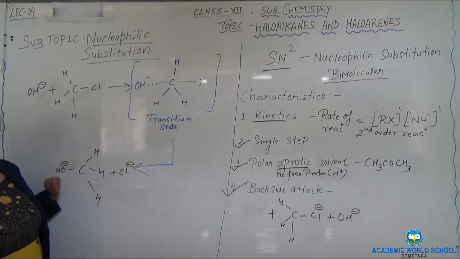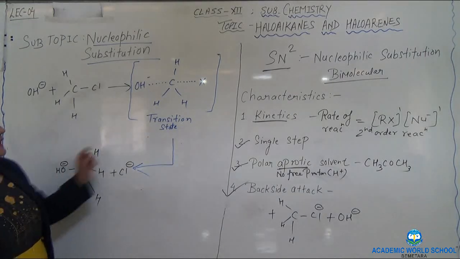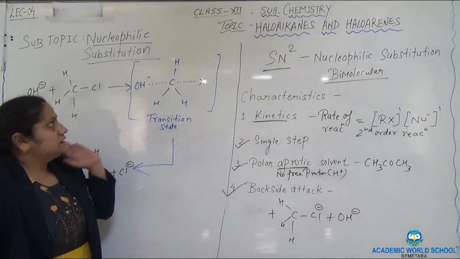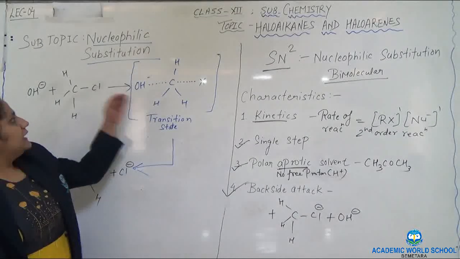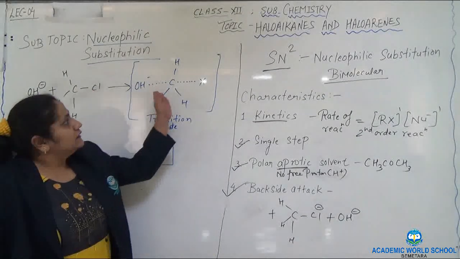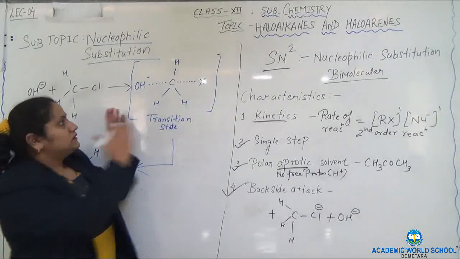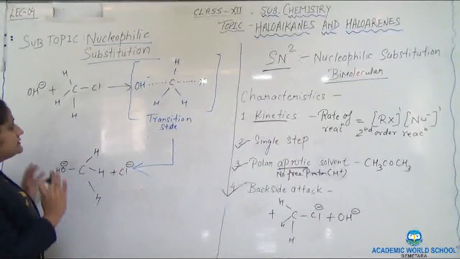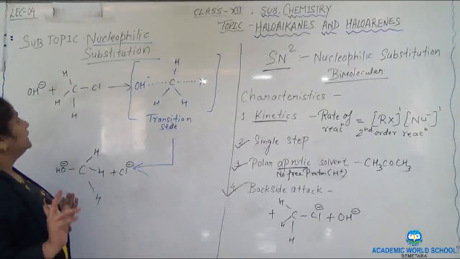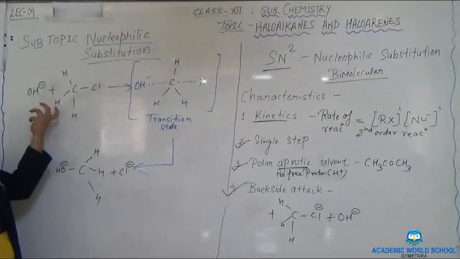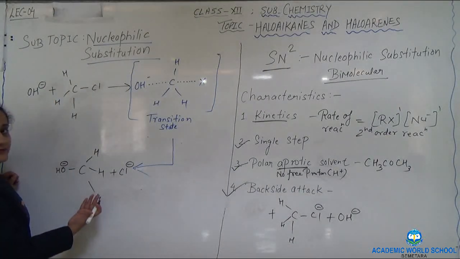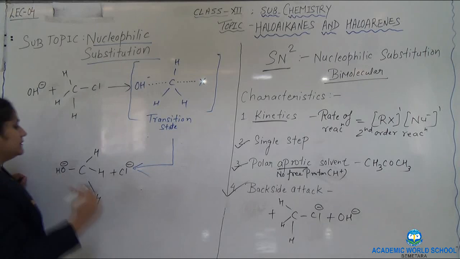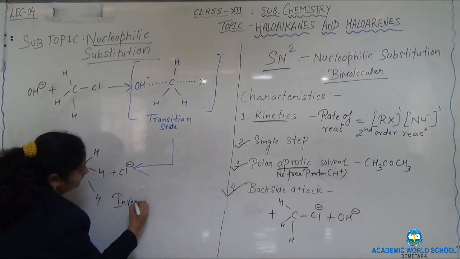This is a single step reaction. In between these two states, a transition state is formed, but the stability of this state is very low, so we cannot consider it. But remember one thing, the addition of the nucleophile and the removal of the leaving group both occur simultaneously. So this is a single step reaction. And the most important thing, as you can see, the methyl hydrogen atoms invert themselves like an umbrella. So this type of stereochemistry is called inversion.